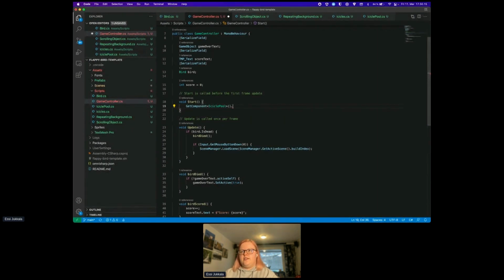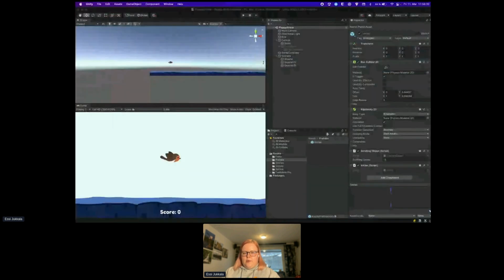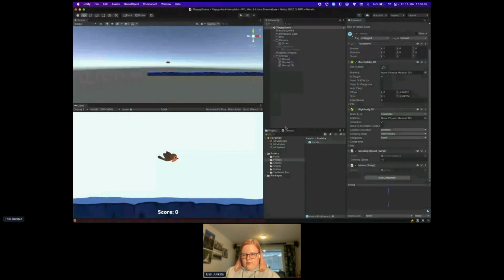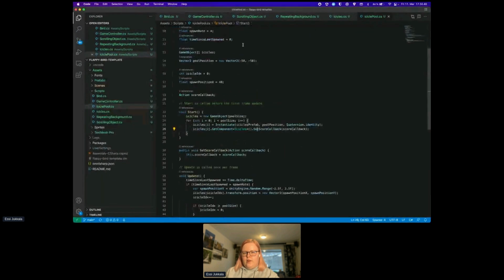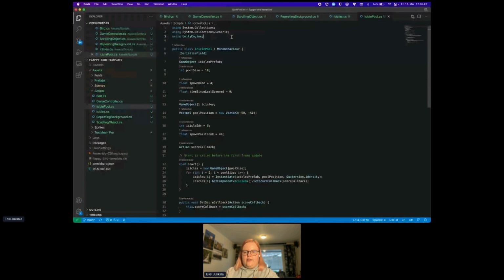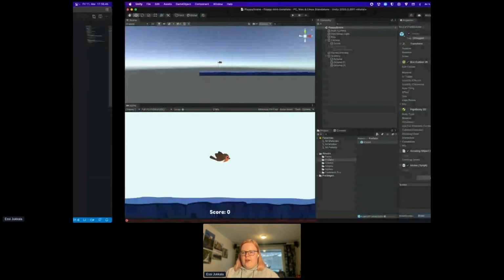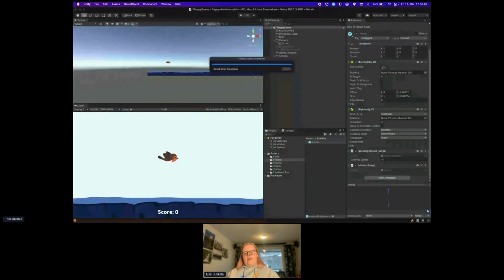We can just do this, and then what we want to do is set the score callback, and this time we want to pass the bird scored method as we were planning to do. All right, the last thing we wanted to do is to, oh no, action was not found here in the Icicle pool, as I forgot to add the using System here that provides us with the action